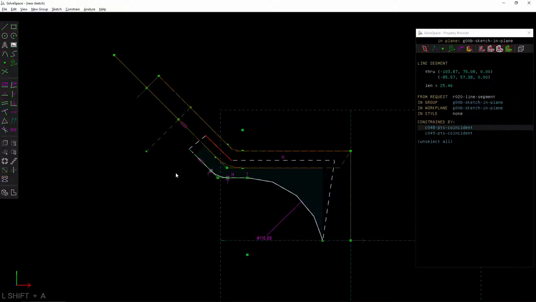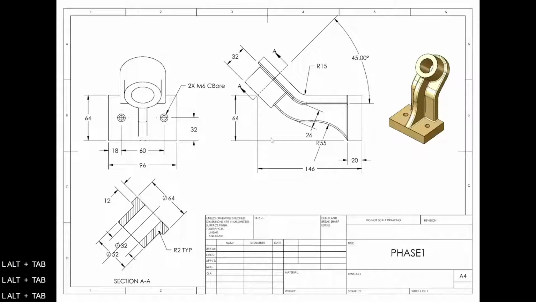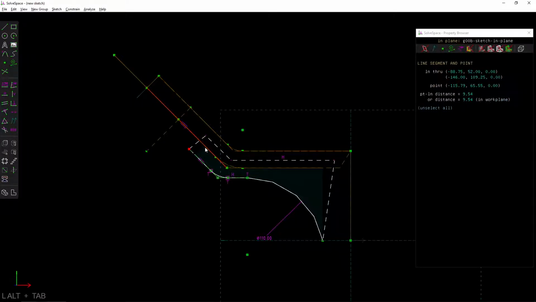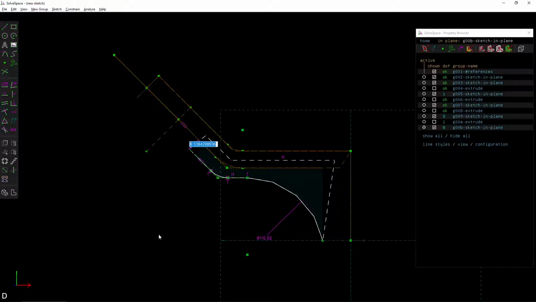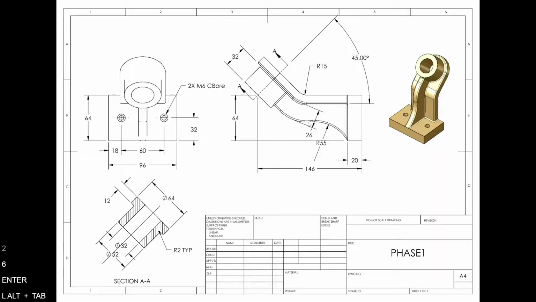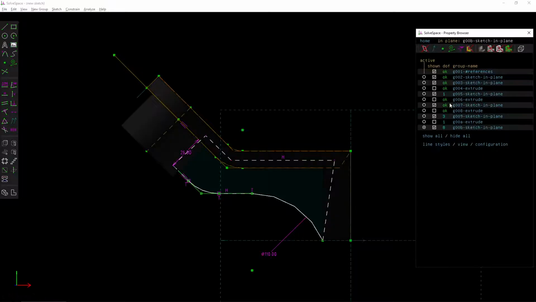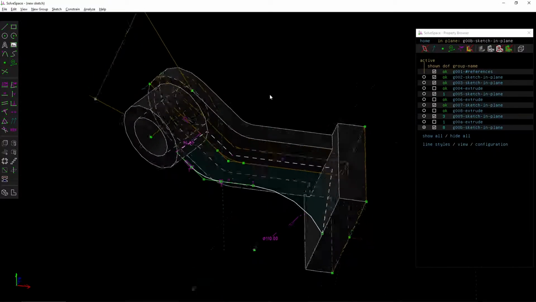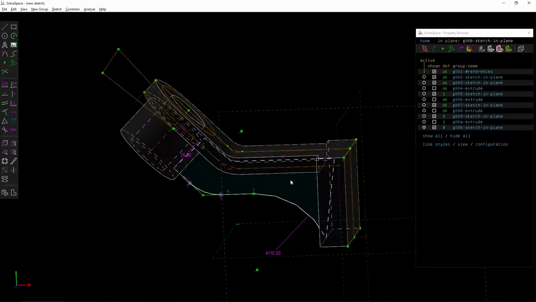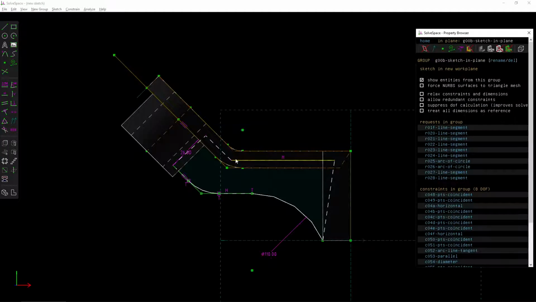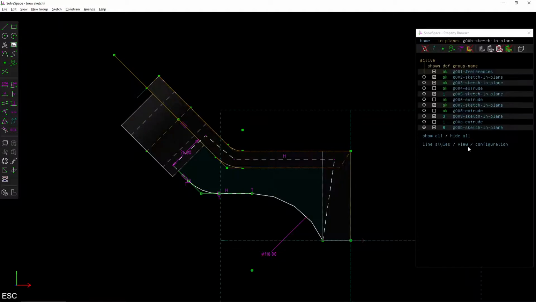I'll make this. Okay, the distance from here to here, 26. Okay, let's show the solid model. Yeah, looks reasonable. My sketch has 8 degrees of freedom. The reason is all of this stuff can move around. And it's not too good to be able to move it around, because